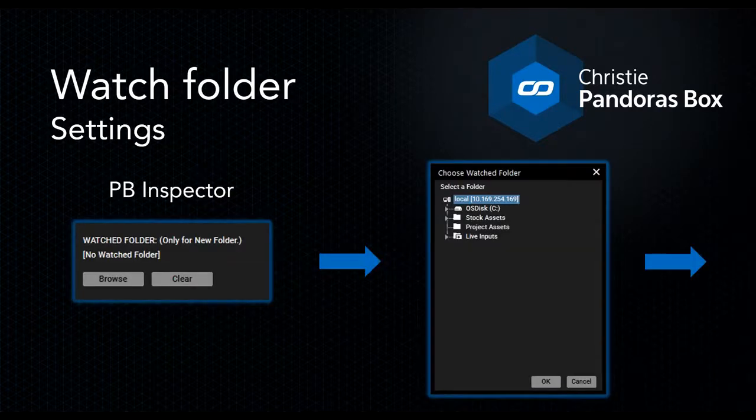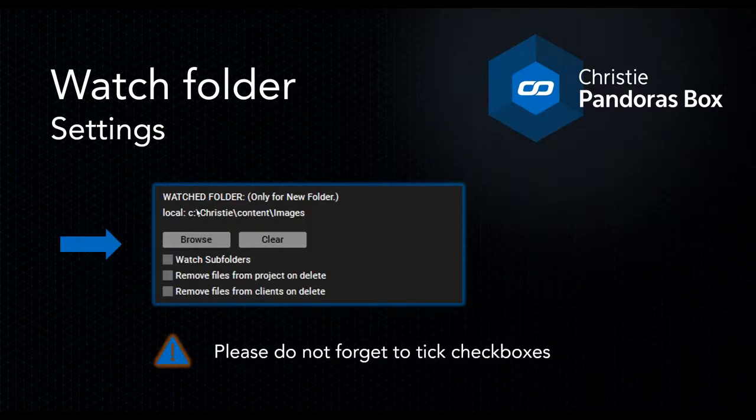Now I would like to show you how to create a watch folder in Pandoras Box. First is to select the folder in the Project tab and have a look in the Pandoras Box Inspector. Select the button named Browse, and a window appears to choose a watch folder in your file system. Then, after the selection, the path is listed here, and here are some checkboxes. Please do not forget to tick the checkboxes. I will give you some information about the checkboxes